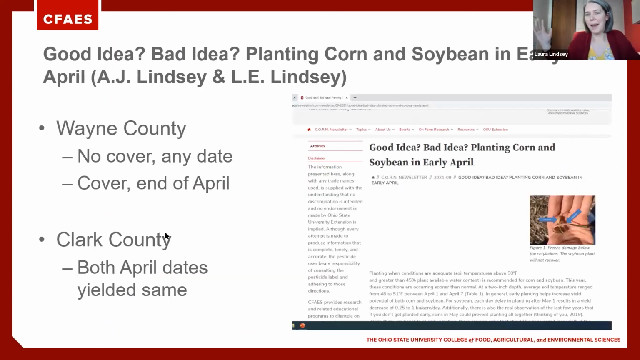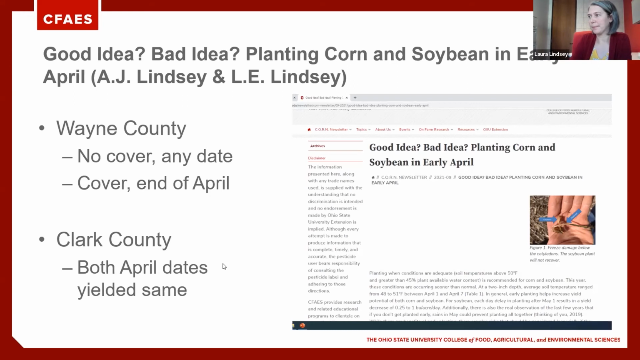So good idea, bad idea, planting in April last year. In Wayne County, if it was the end of April, it didn't seem to matter. That ultra early, very first week of April was probably too early for Wayne County. In Clark County, those 2 April planting dates yielded the same, so no additional benefit or risk that year for